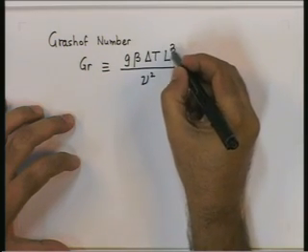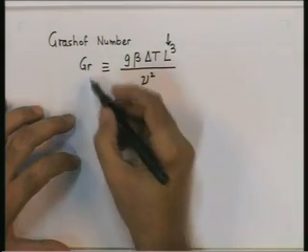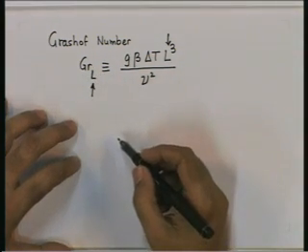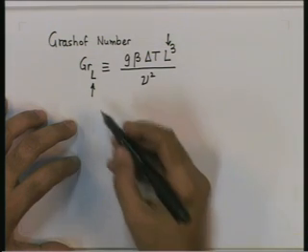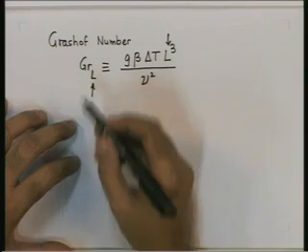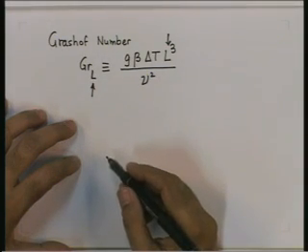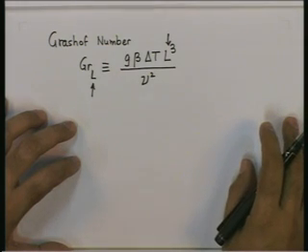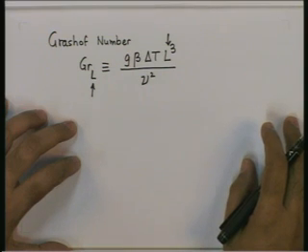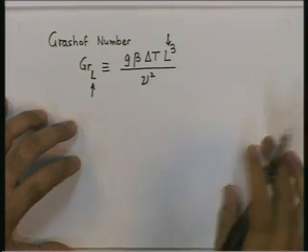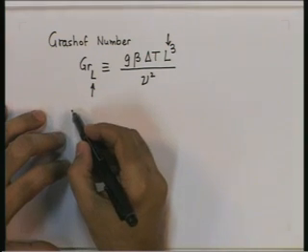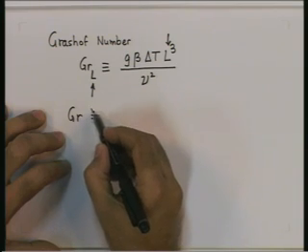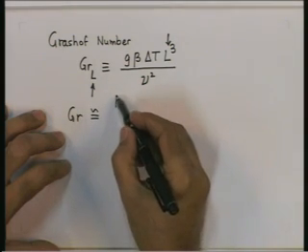L is the characteristic length, and quite often to represent that it is based on a specific characteristic length, we will use L as a subscript on the Grashof number. Just the way we have appreciated the significance of Reynolds number as a ratio of inertia forces to viscous forces, if you expand the Grashof number, it can be shown that the Grashof number represents the ratio of forces which